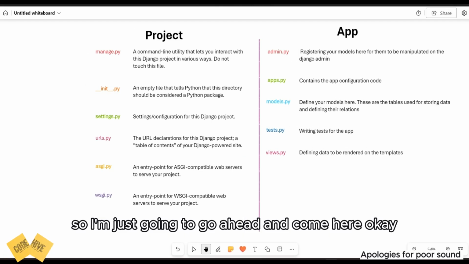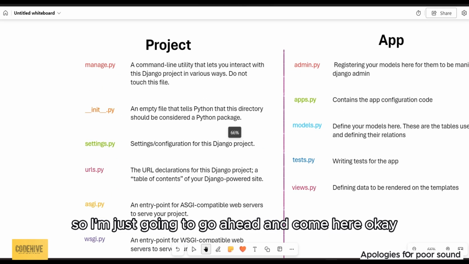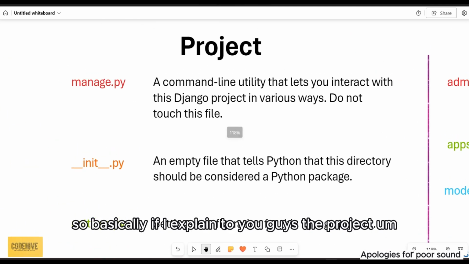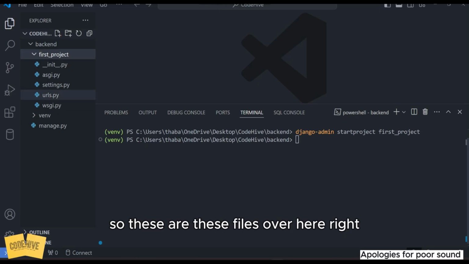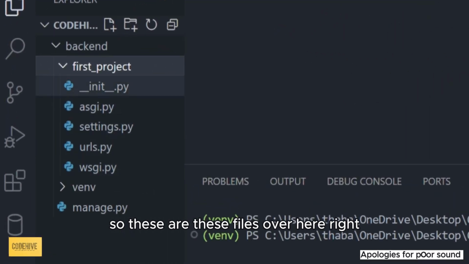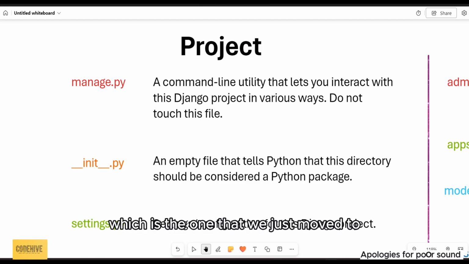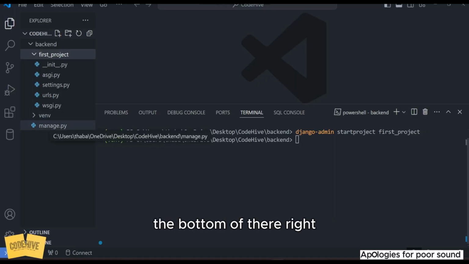So I'm just going to go ahead and come here. Okay, so basically, if I explain to you guys the project folders, right? So these are the files over here, right? The project files. Okay, so the manage.py, which is the one that we just moved to the bottom over there,